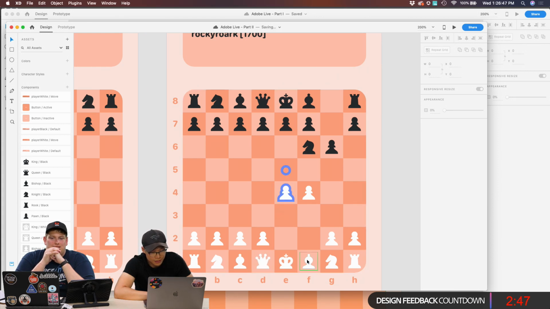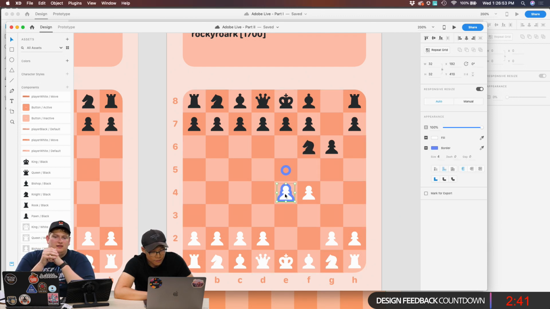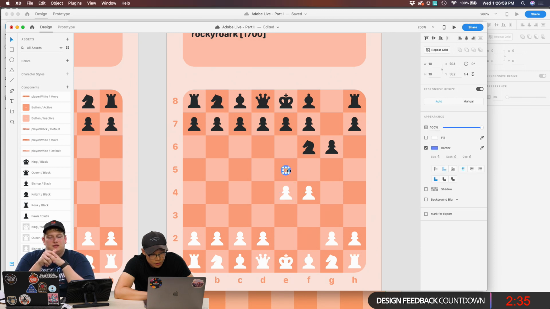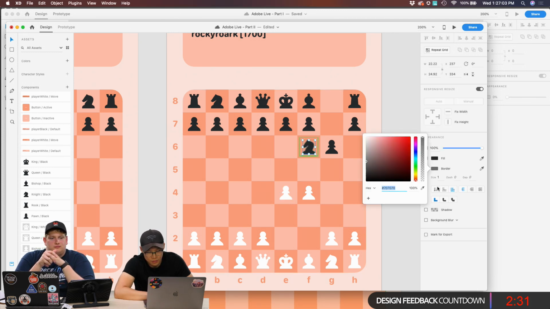I guess we could try to do it with the knight, the black knight. Okay. That way you can show what the use case would look like, if you can take that piece. Sure. No, that's a good idea. Let's do